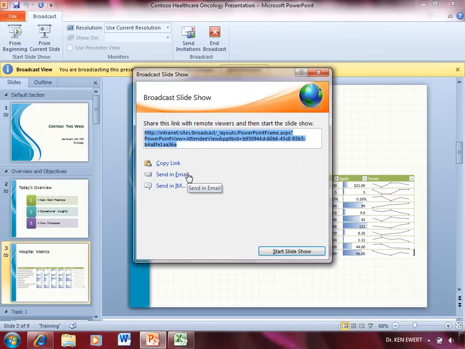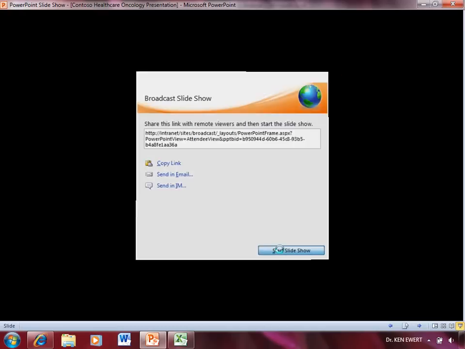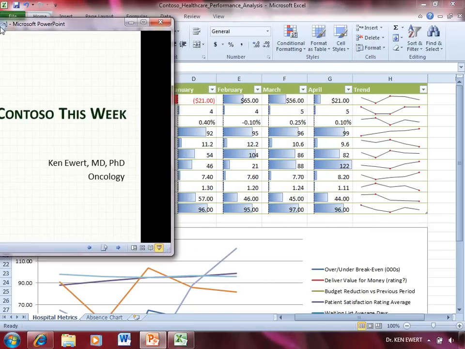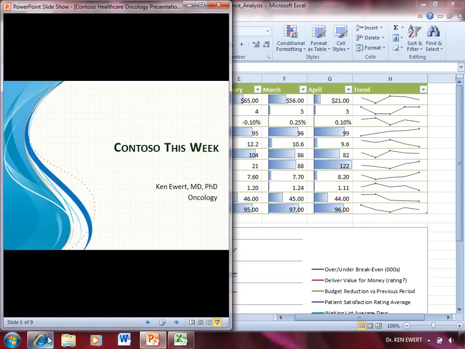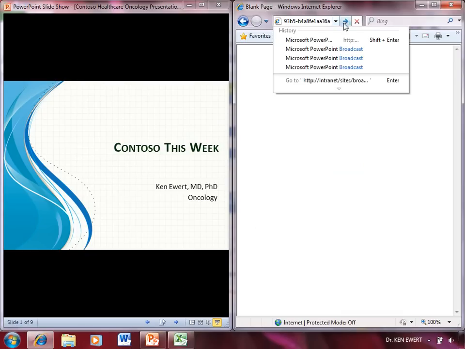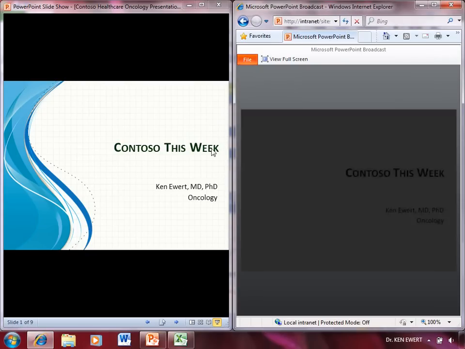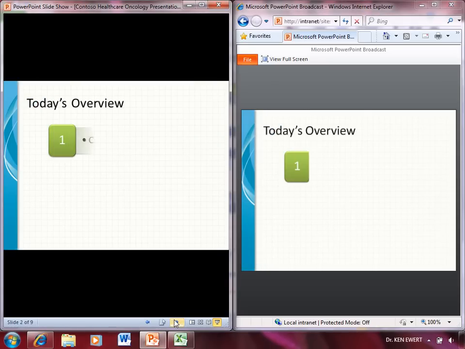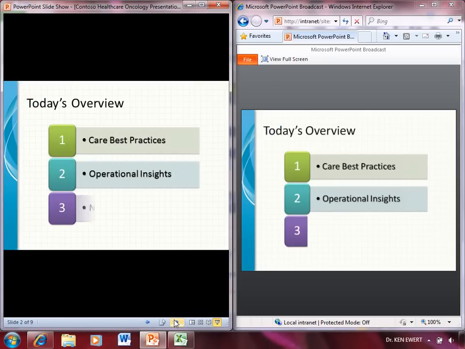Now everyone can follow along in their browser, whether it's Internet Explorer, Firefox, or even a mobile browser on a phone. To make it easier for you to visualize the experience, we'll just use Windows Snap to show PowerPoint and a browser side by side. As you can see, when Dr. Ken advances his slide to the left here, the browser at the right keeps up, so everyone is on the